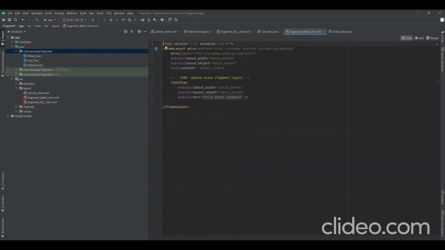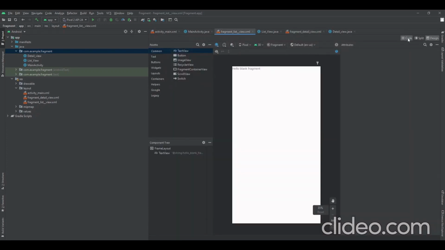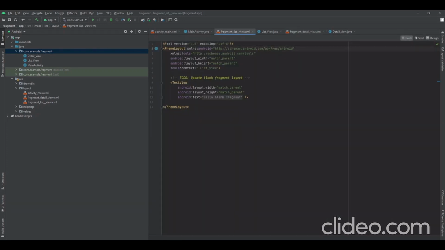And then what I will do, I will just change this frame layout to linear layout itself, and do use the suggestions so that you don't get any errors. And then let me change this whole thing. Let me remove this, and then let me go to the list view, and let me go to the coding part, and then it is in the XML file, right? Linear layout, and I will remove this text view whole thing,